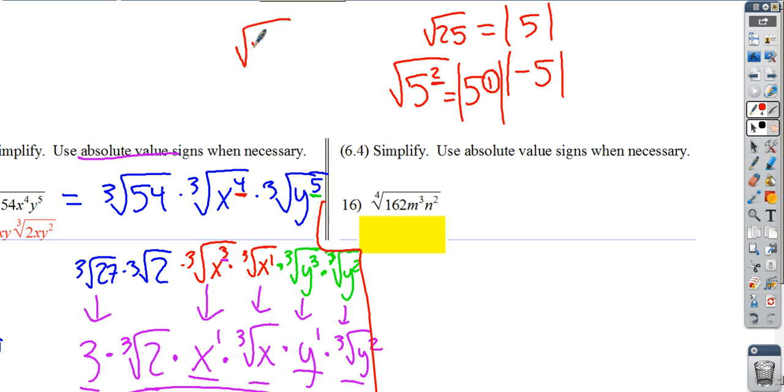If we were doing 5 to the 4th, the square root of 5 to the 4th is 5 to the 2nd, and that's guaranteed to be positive, because raising something to the 2nd will always be positive. So we don't need to put absolute values. The only time we do is when we're going from an even numbered power to an odd numbered power, and that's